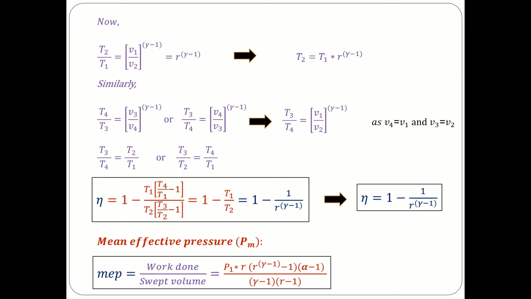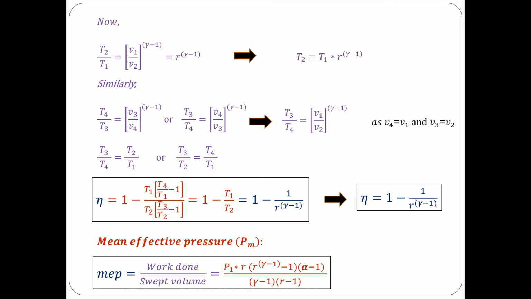So the final expression which we have for the efficiency is 1 minus 1 upon R raised to gamma minus 1, which can be used for obtaining efficiency of Otto cycle. There is another term which is the mean effective pressure. Now I told you that when the combustion occurs inside the cylinder and the piston is at top dead center, the pressure is very high, and as the piston moves in the downward direction in the power stroke, the pressure reduces and finally it may become 3 or 2 bar, which is quite less as compared to the pressure which is obtained when the piston is at the top.